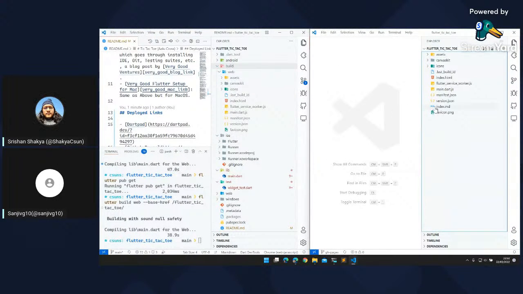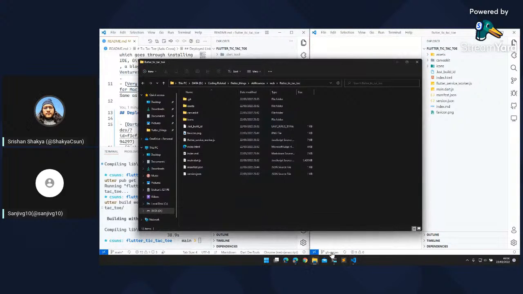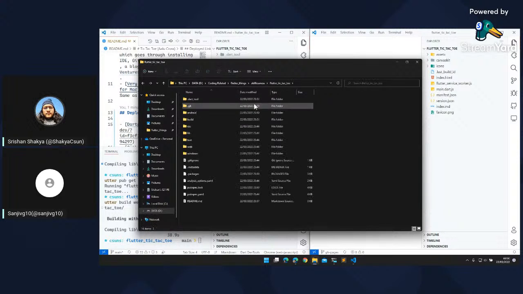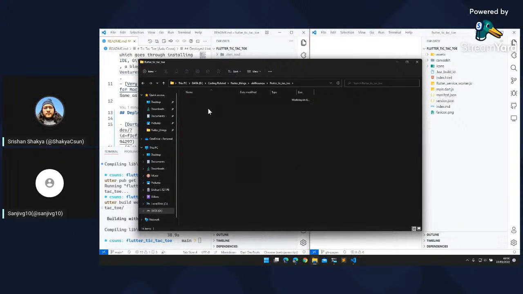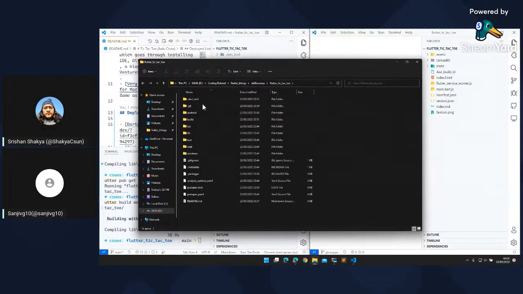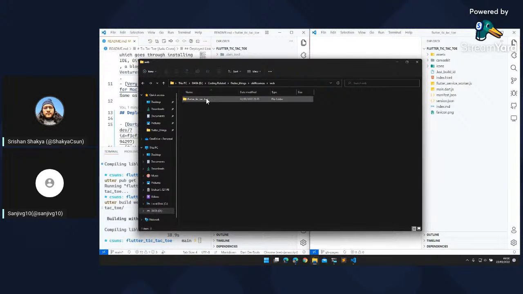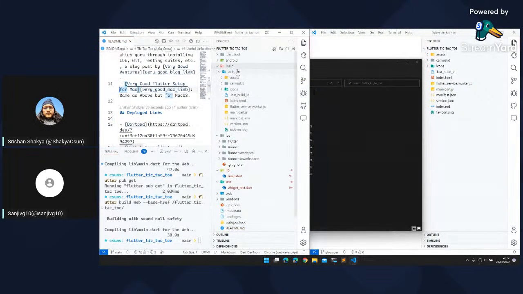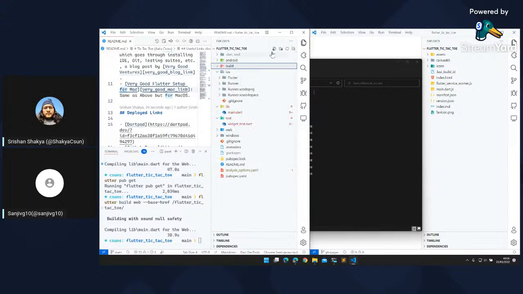So all this is a hassle. You basically have to have different folders cloning the same project, and one folder is just for Flutter related stuff, and another folder is only for web deployment. If you try to do this manually, one other easier way would have been to create a